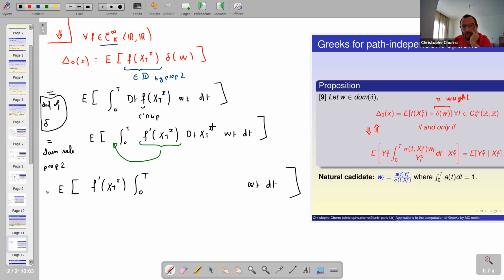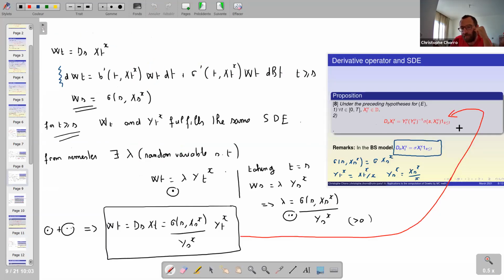But keep in mind that the derivative of this one I have already computed, because X_T is the value at capital T of the solution of a stochastic differential equation with the good hypothesis. So if I come back to what I have proved, this one here, I have an expression for D_t of X_T, and I can use this expression. So from proposition 8,